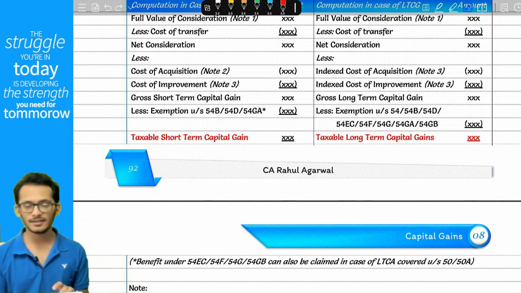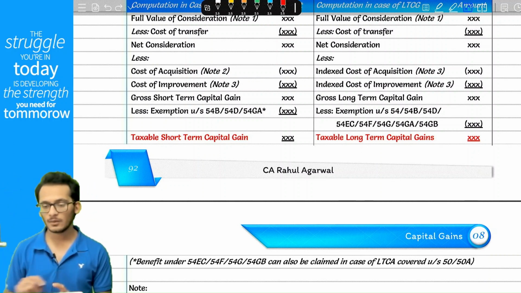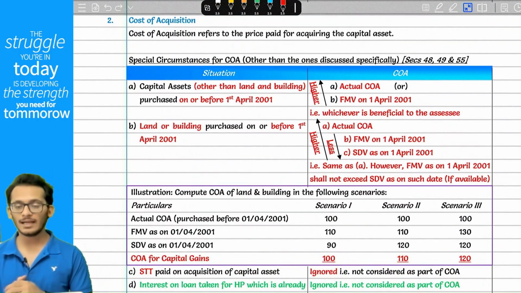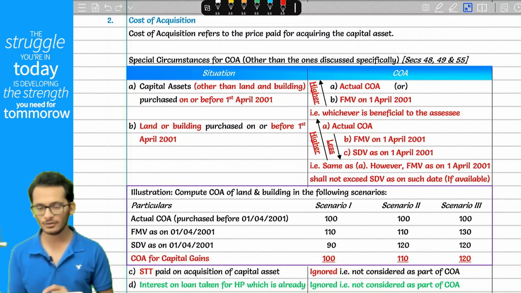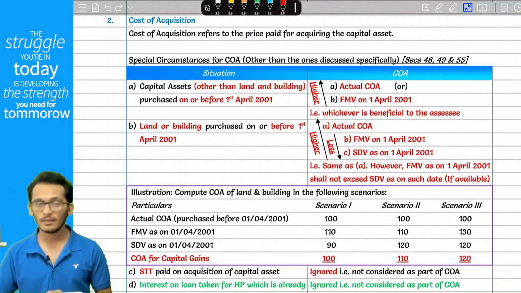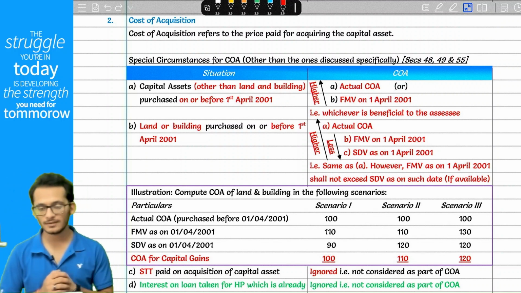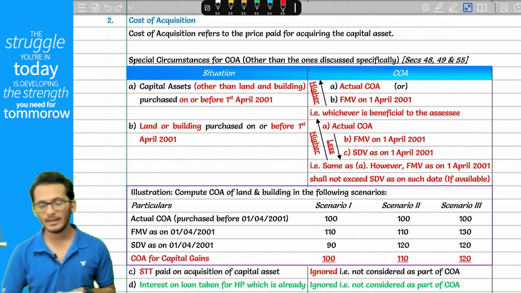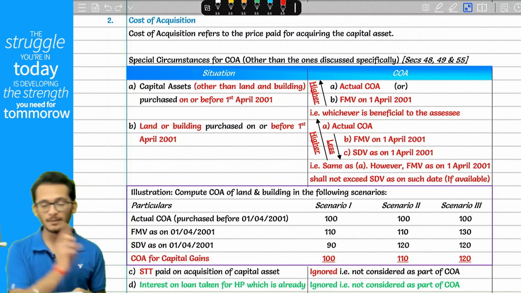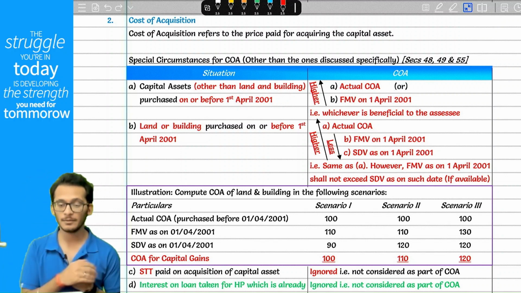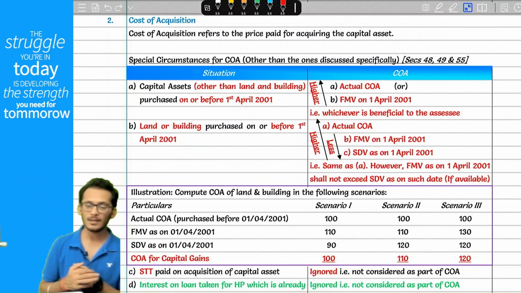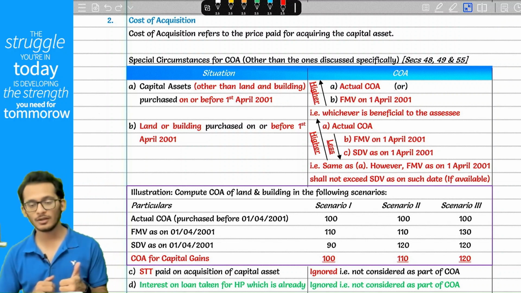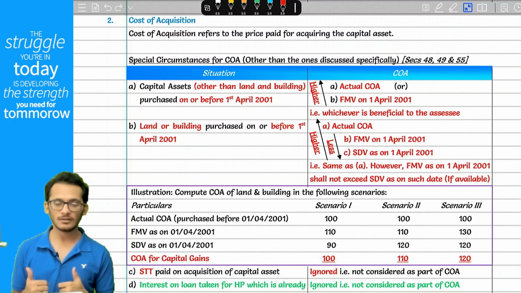In this net consideration, you need to remove your cost of acquisition. Income tax says cost of acquisition means the actual cost which you have paid. However, there are some special scenarios given to you. Scenario number 1, if you have bought this asset before 1st April 2001, income tax says you can take actual cost or FMV on 1st April 2001, whichever is